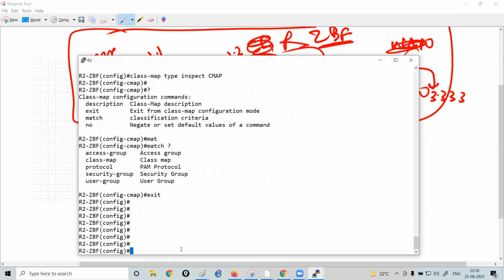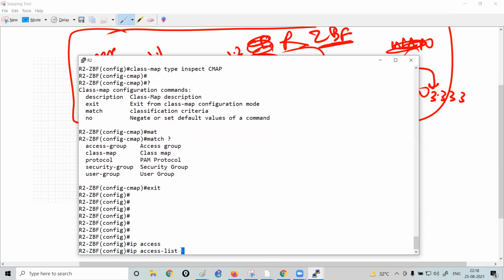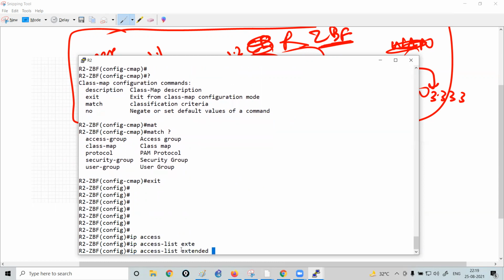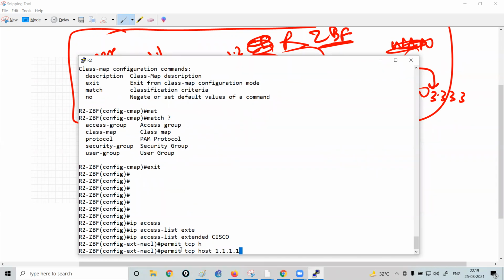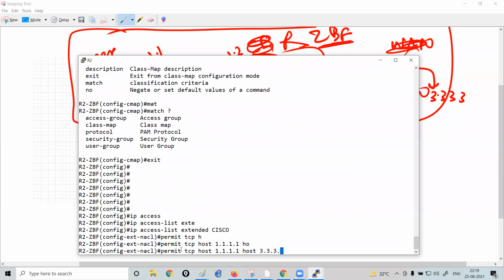Let's suppose IP access-list extended, and let's name this ACL Cisco. Then I want any traffic which has originated from the host 1.1.1.1 to the destination host 3.3.3.3 for port number 23 to be inspected.